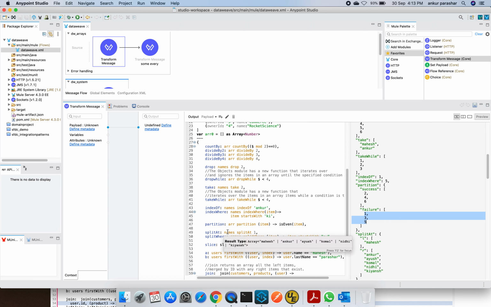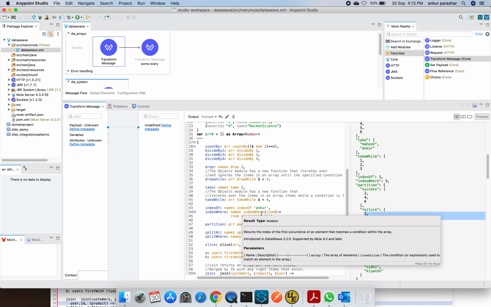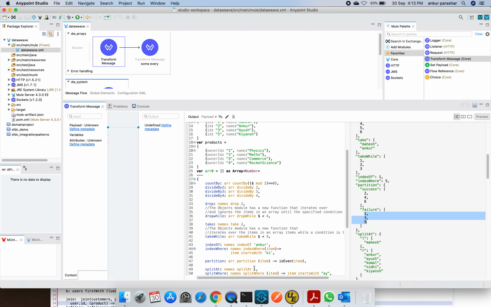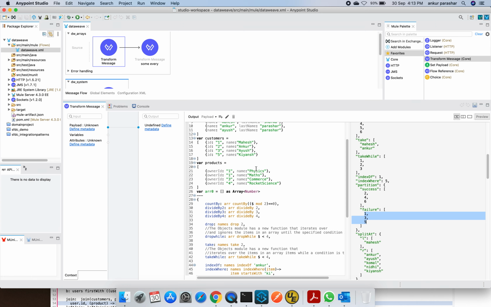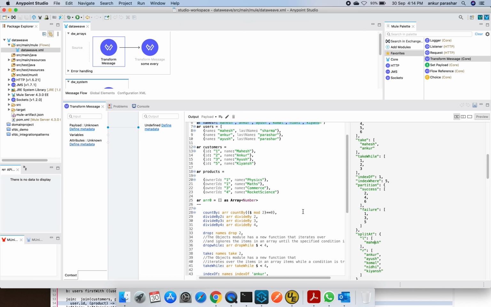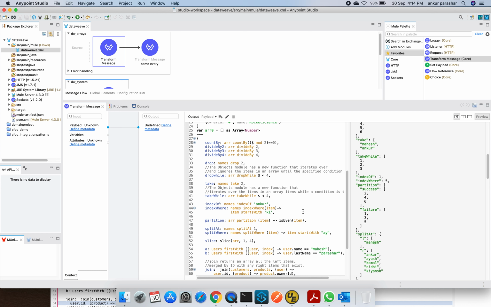Next one is split. What it is going to do is divide the array into two parts, L and R. I will call them left and right. So split at 1, and it is using names. If we go to names, split at this particular level, it will create two parts. One will contain this and the rest of the things will be in the second part. So here you can see the first one is in the L and the rest of the things in the R part. So this was about split at.